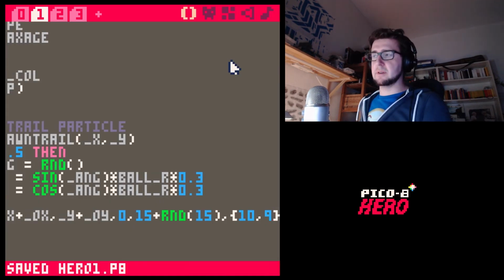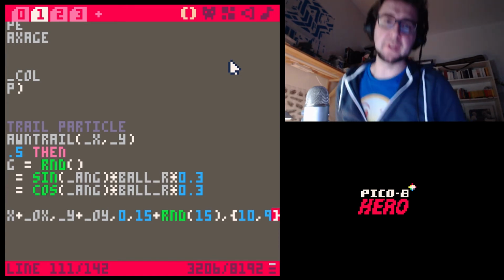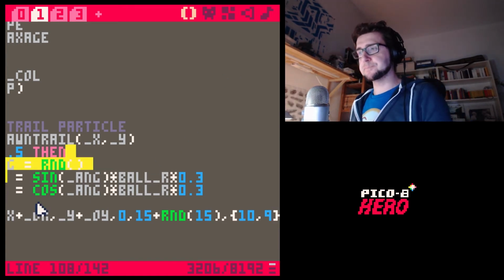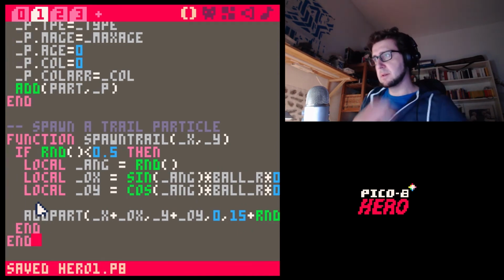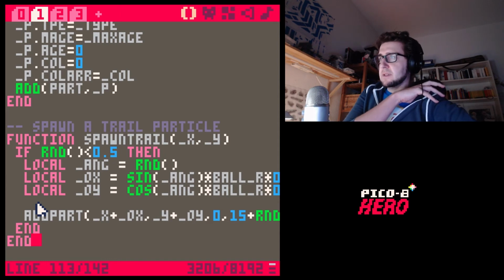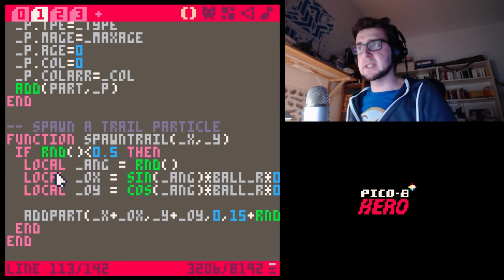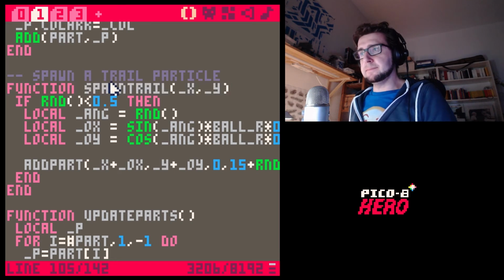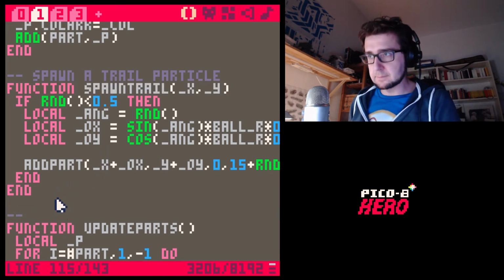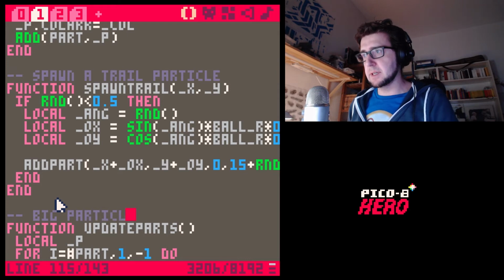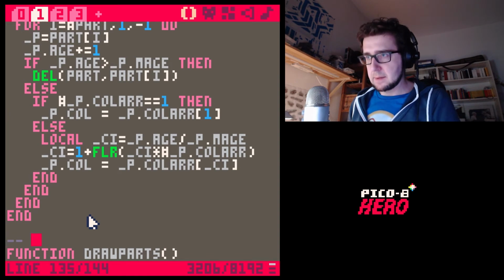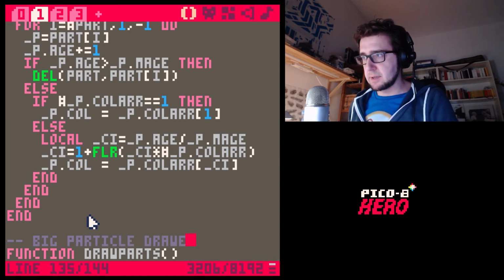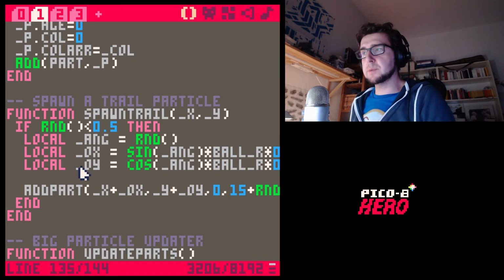But you know, we're gonna keep this around for now. This is just future proofing our particle. This is not something that we need right now. We're gonna need it in a second. So, big particle updater, big particle drawer. Now the way we have this function spawn trail, I want to do the same thing with